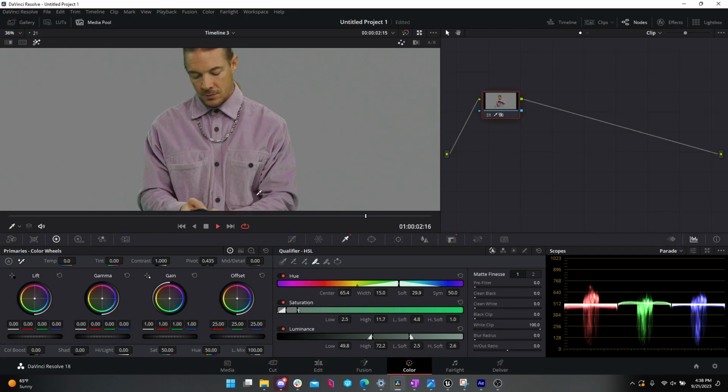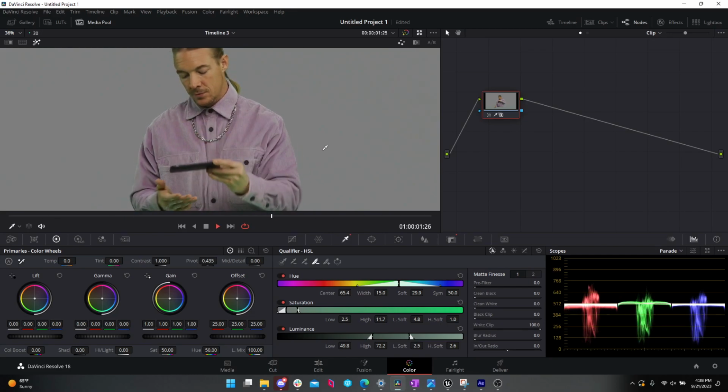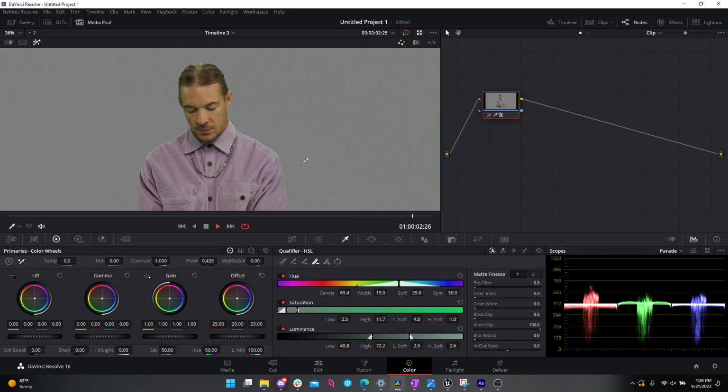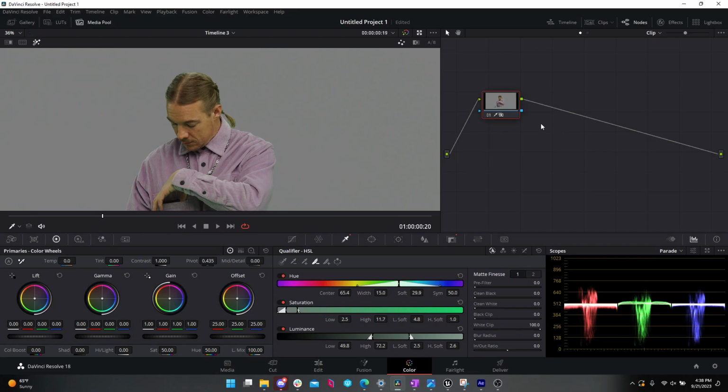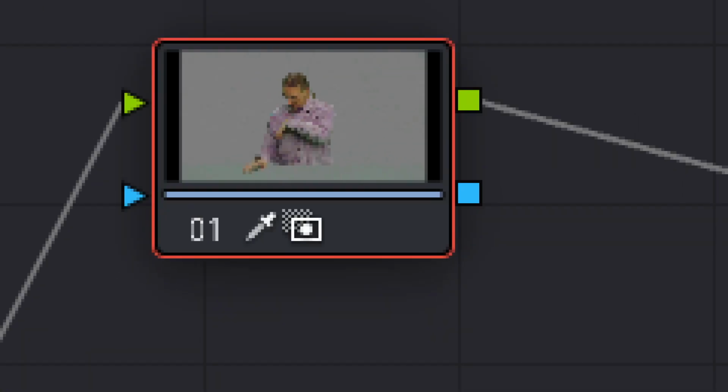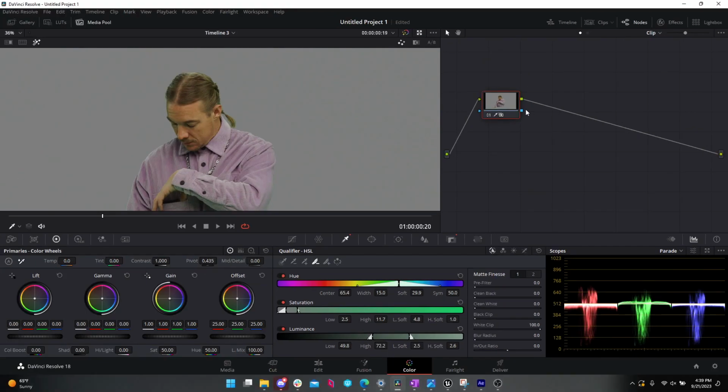But in the interest of time, I'm going to show you how to output it. So the gray right now is transparency. If I went to deliver right now, it wouldn't output the alpha. I have to drag this node right here to an alpha output. The blue right there is alpha. I'm saying, does this node have alpha? Right now it doesn't. So if I right click here and go to add alpha output,